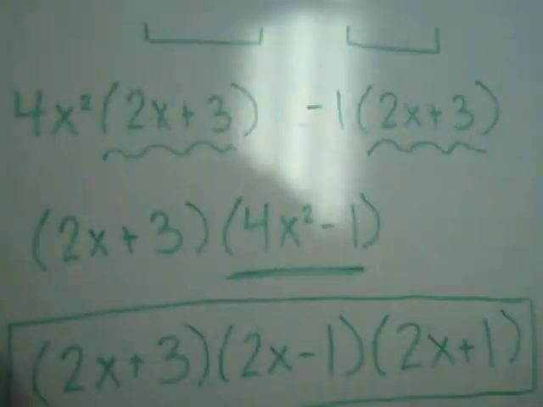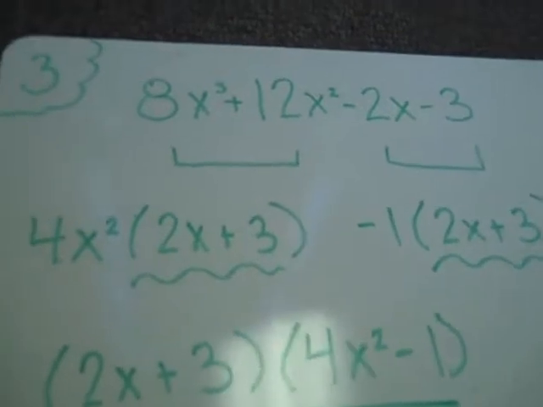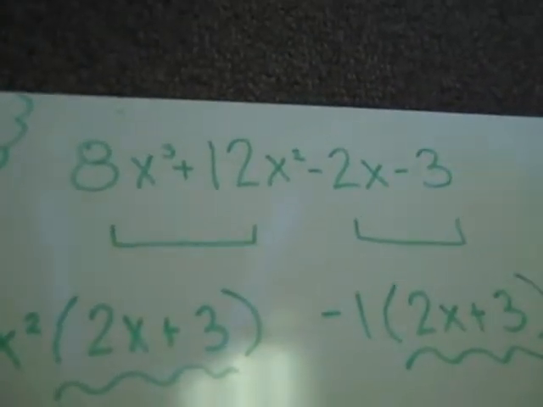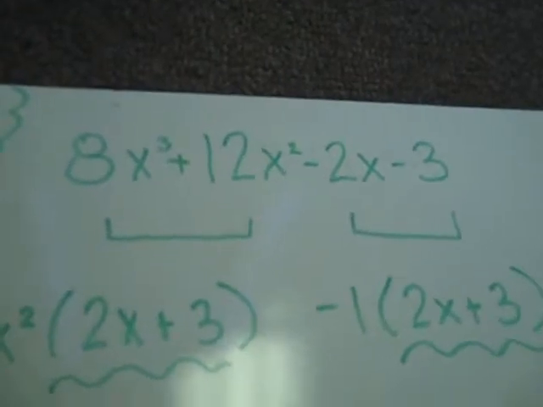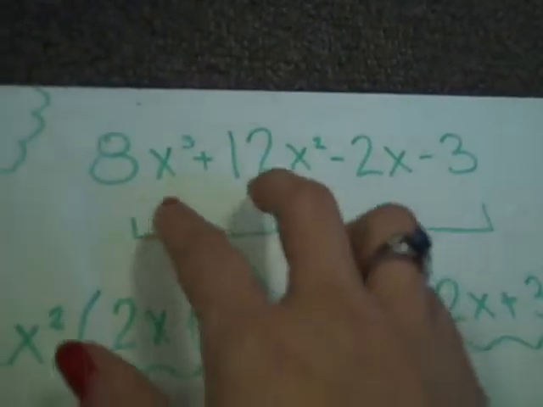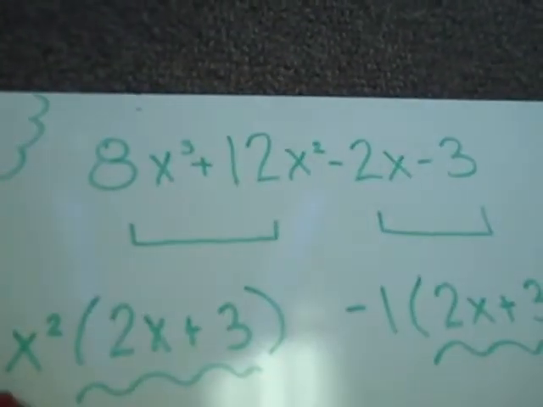And so we go on to our third and final problem. But before we could even get to the difference of squares, we have to look at it. For this one, we have 4 terms. And for this one, another way to factor it out would be by combination. So what we do is we take the first 2 terms and we find the greatest common factor, which just happened to be